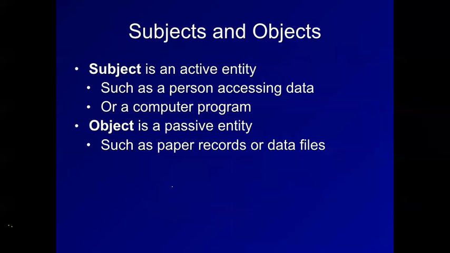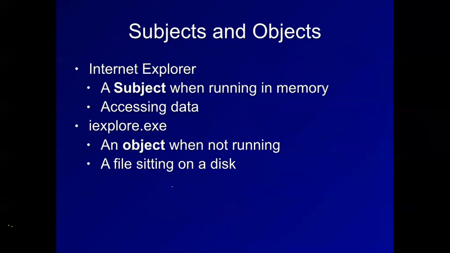So, all right. A subject is someone trying to do something on a network, like someone accessing data. An object is the thing you're trying to access, like a room or a folder or a file. So Internet Explorer is a subject when it's running in memory, but it's also an object: Internet Explorer is a file sitting on a disk and someone might be modifying it. This is like the difference between servers and clients. Almost every device is now both a server and a client, just like everybody is both a subordinate and a boss. There is somebody below you and somebody above you, and you have two different roles depending on how you look at it. So you get a question